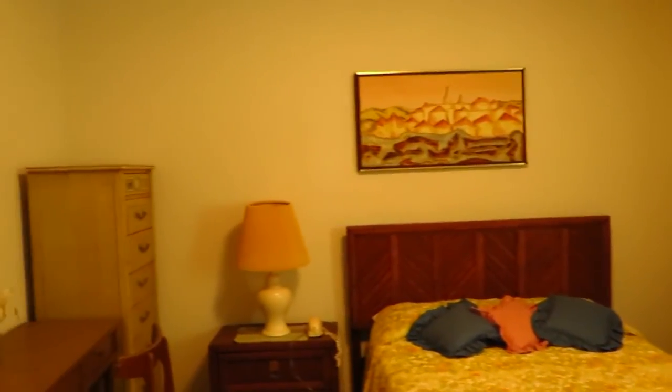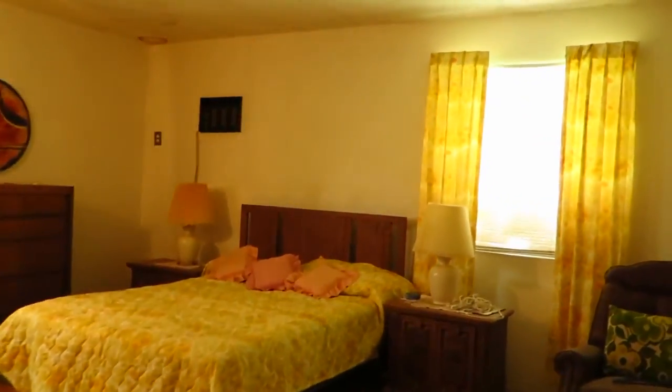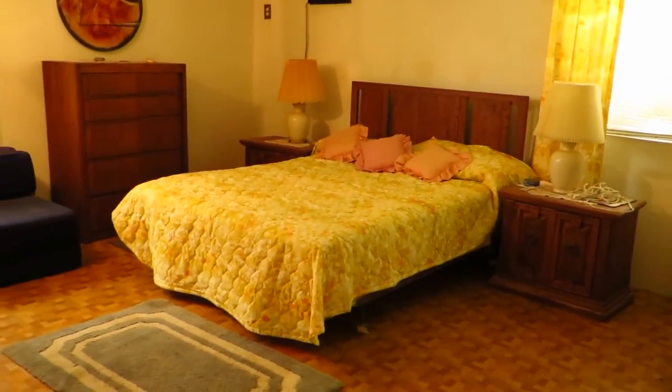Another large bedroom. I mean, that's a queen size bed. It takes up no room. It's dwarfed in the room as I move backwards, and into the master, which has a king size bed. And I mean, you know, again,